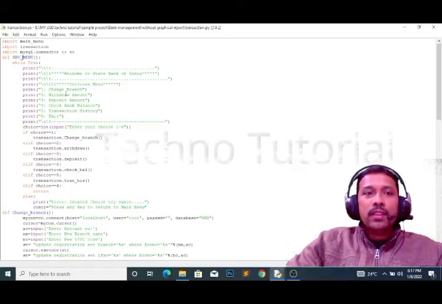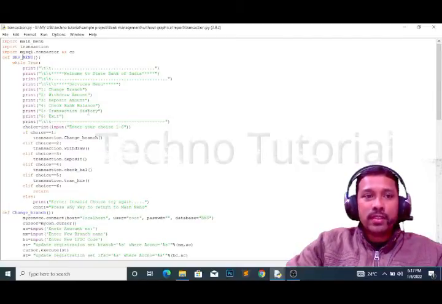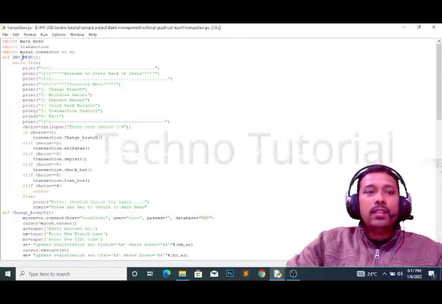Number 1, change branch. If you want to change the branch of a customer, you can do it with the change branch option here. If you want to withdraw amount, deposit amount, check bank balance, or see the transaction history, all these things you can do here in the services option. Now if you enter choice 1 here,